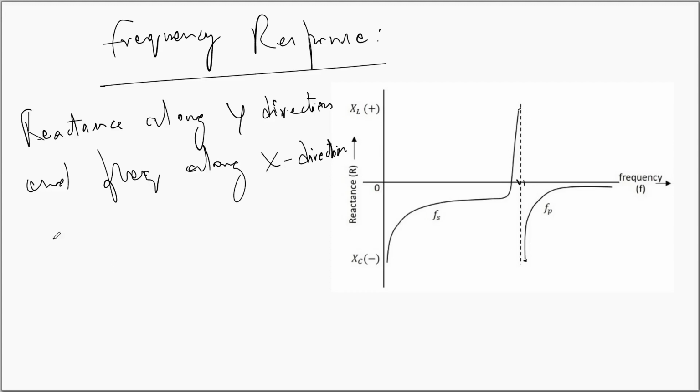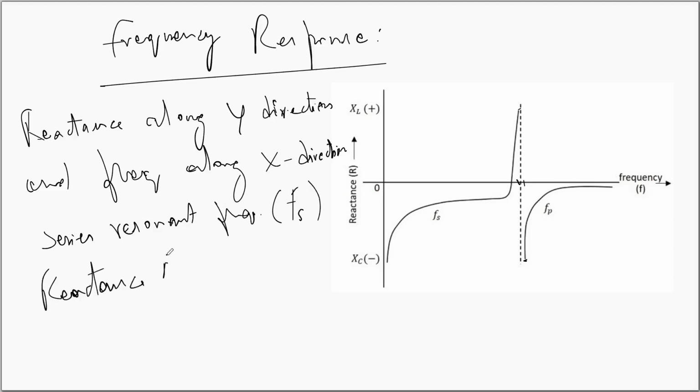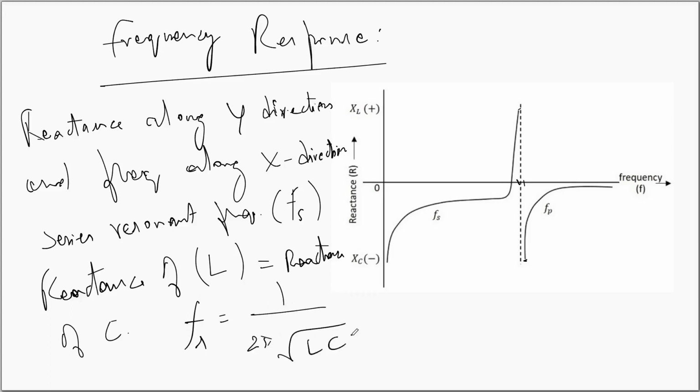The first one is the series resonant frequency, represented with an Fs, and this occurs when the reactance of the inductor, that is L, is equal to the reactance of the capacitor. Under such conditions, the frequency is given by Fs = 1 / (2π√LC). And the second resonant frequency is represented with an Fp, that is